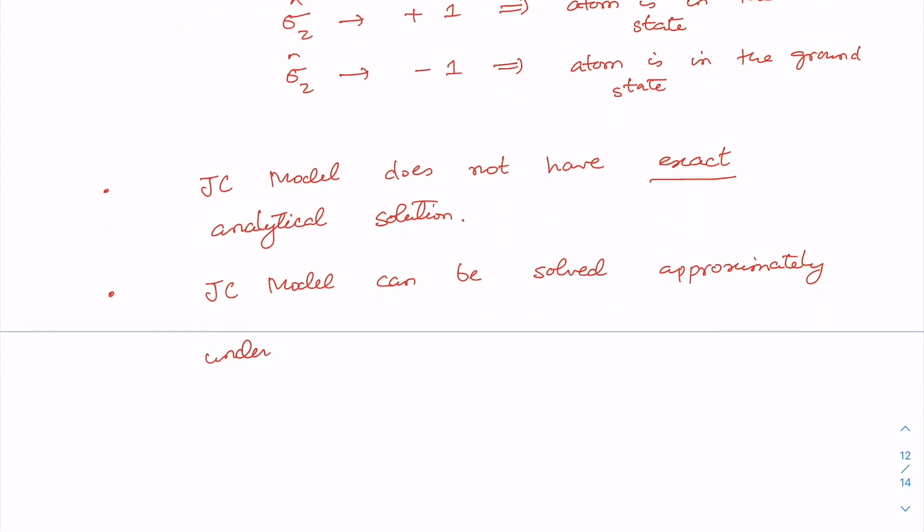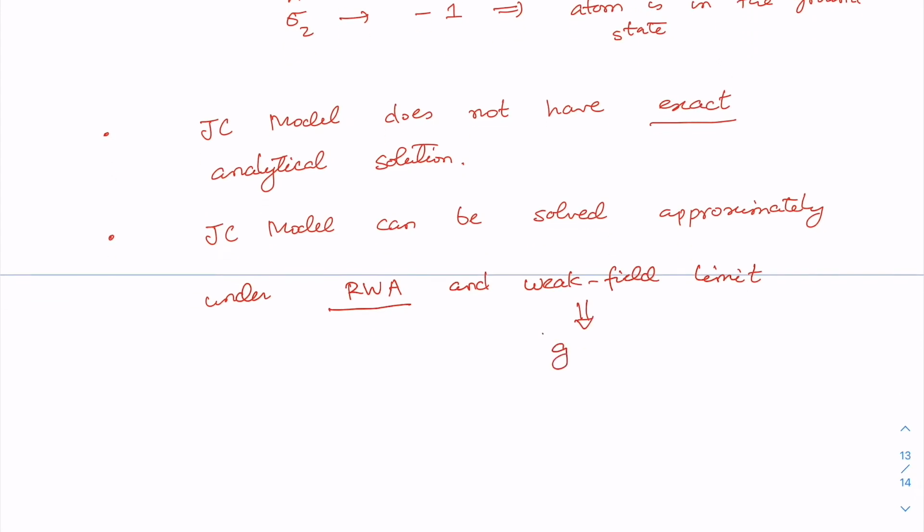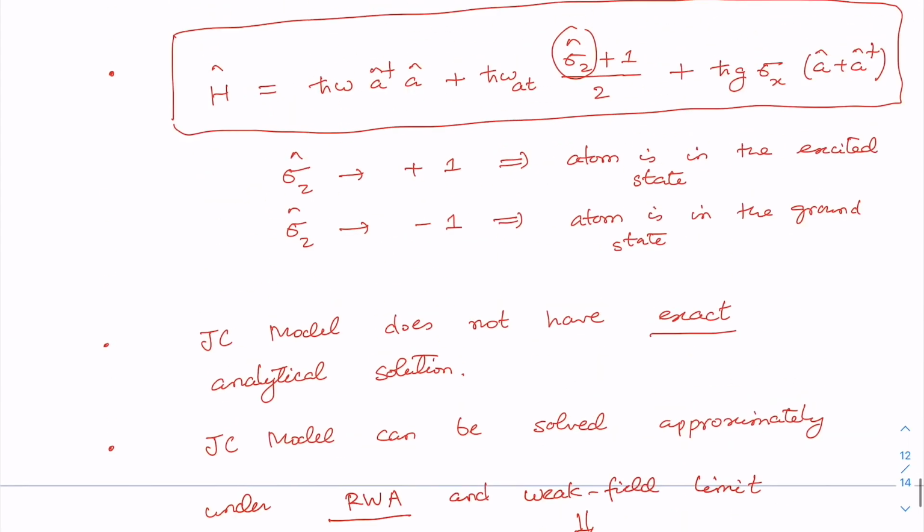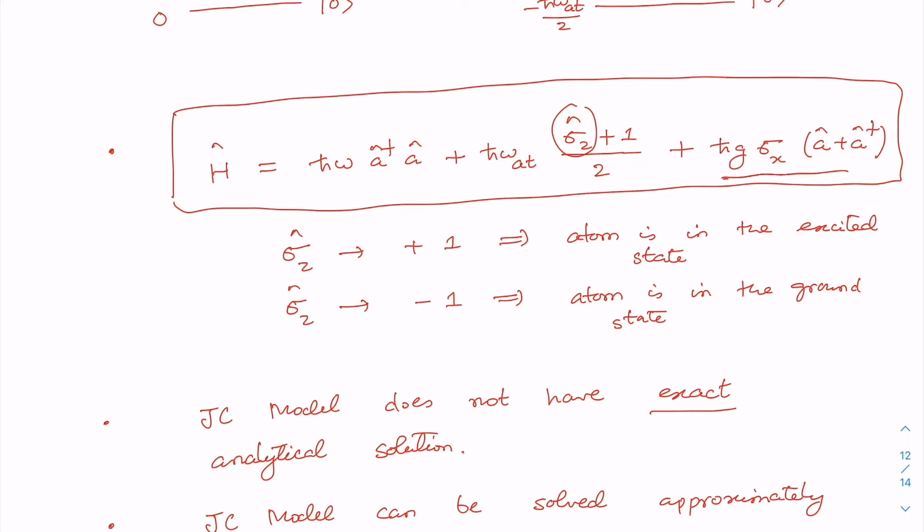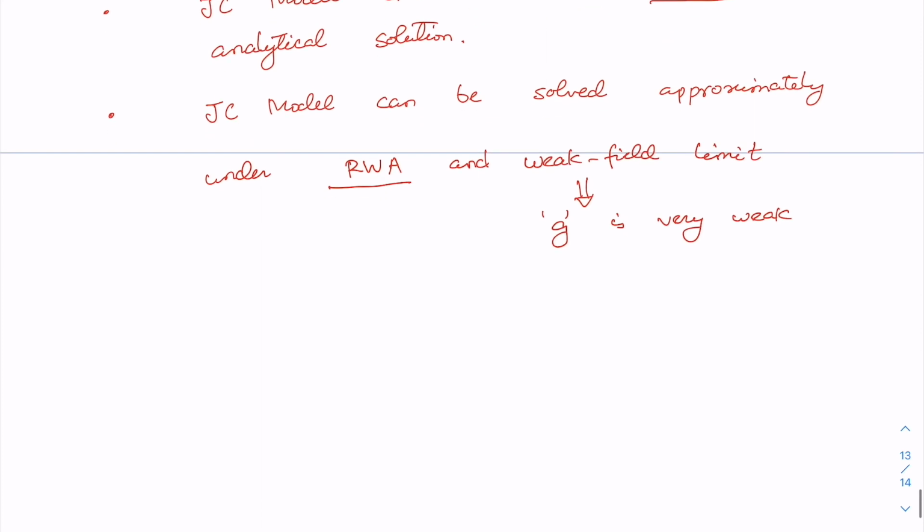It can be solved approximately under the so-called rotating wave approximation, RWA, and weak field limit. By weak field limit, I mean that this coupling parameter Z is very weak. In fact, that means that this last term, this coupling term, is now going to be considered as a kind of perturbation. And also please note that when this parameter Z is equal to 0, that is, there is